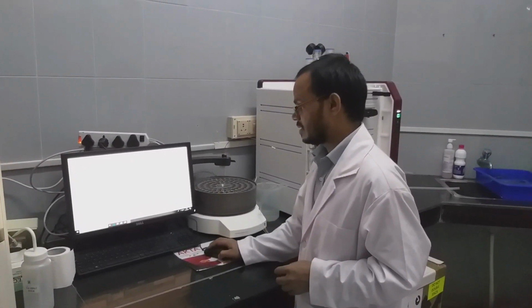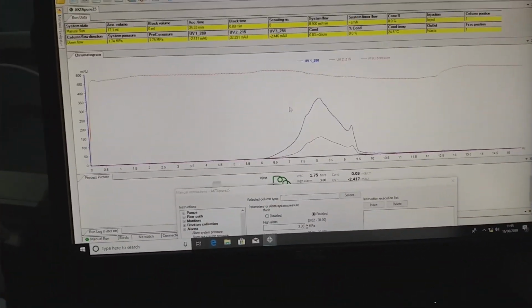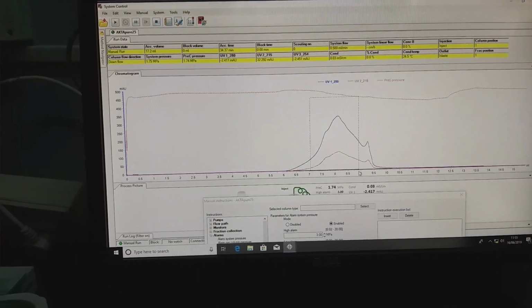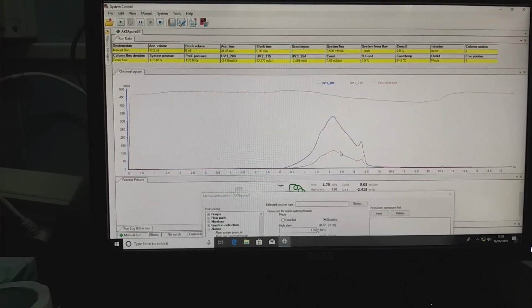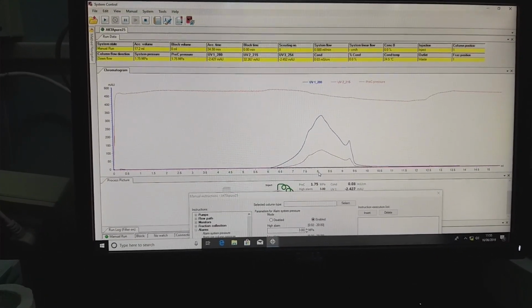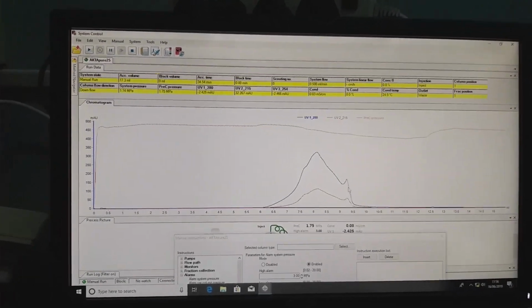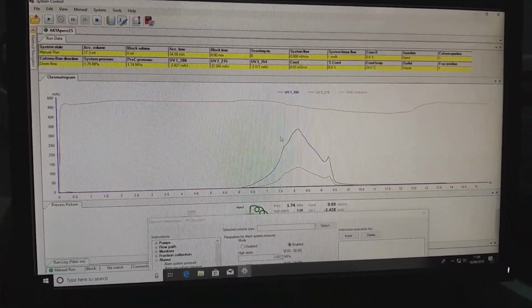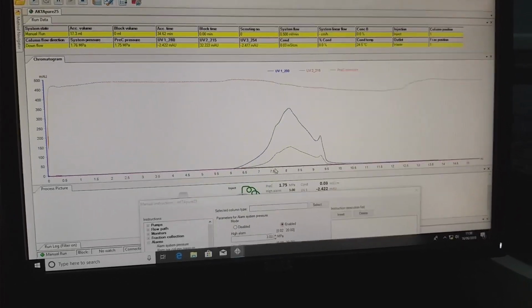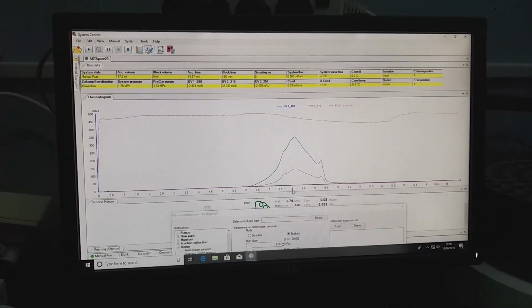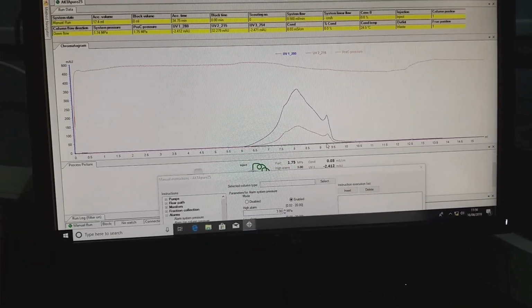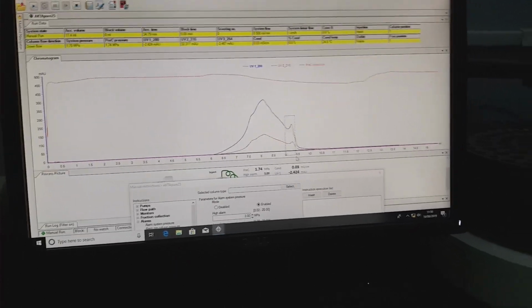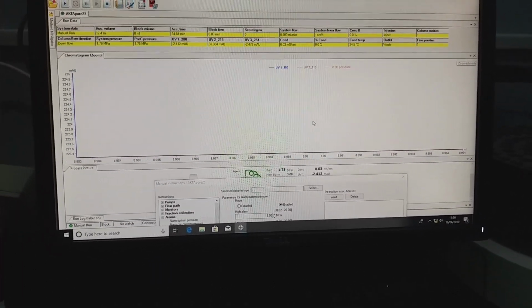So this is a pattern of injected components. This one corresponds to the blue dextran, and it gives the void volume of 8 ml. As we can see here, it corresponds to 8 ml. So there is no proper resolution between BSA and the blue dextran. This corresponds to 8 ml, which is blue dextran, and this one at 9.2 to 9.5 corresponds to the BSA.